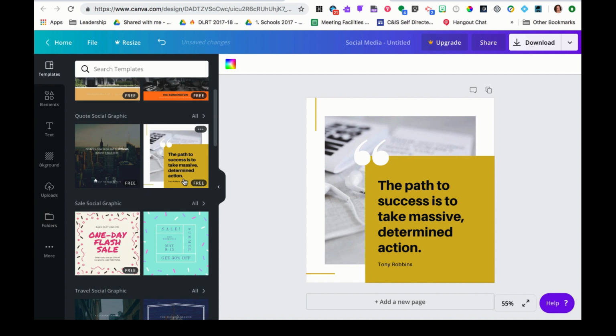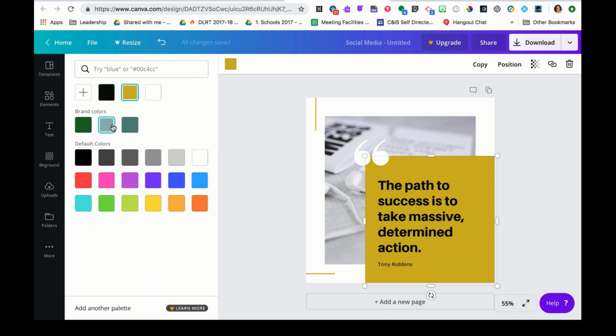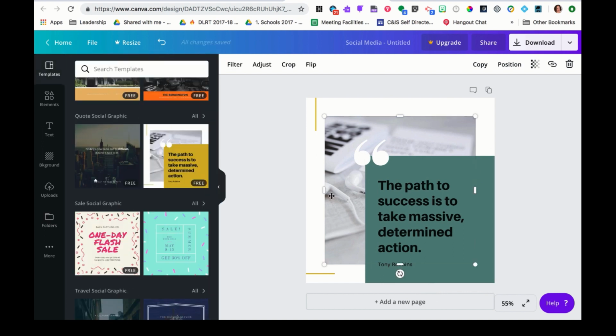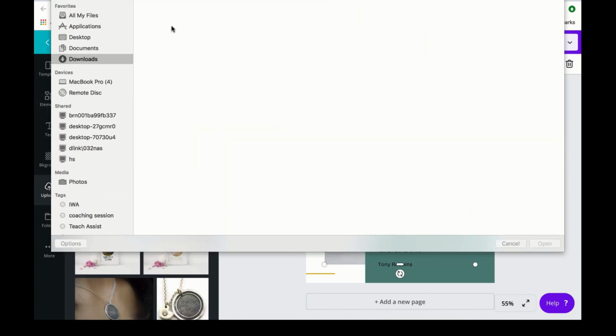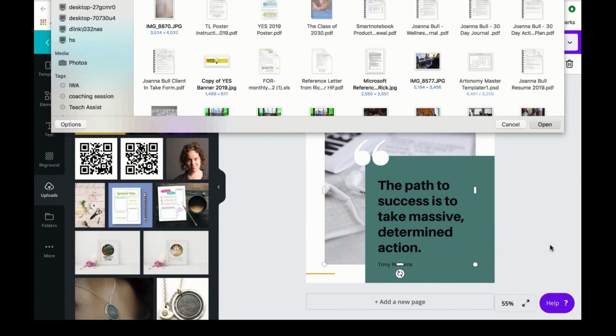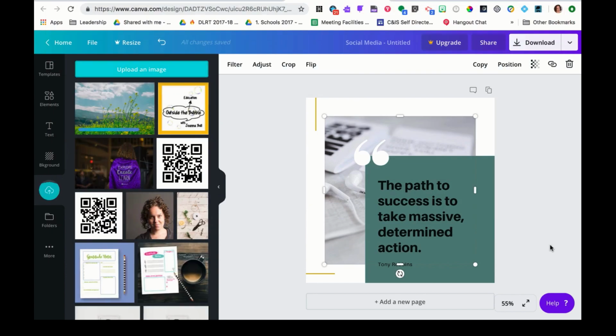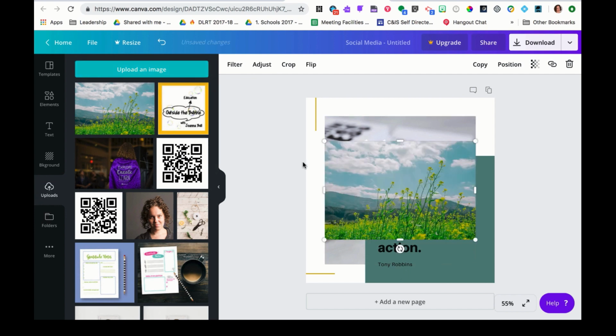I like this one. And we have the brand colors set based on the picture that was previously uploaded. So here are the brand colors that have been set. So I'm just going to change this. And I'm going to upload the picture that was based on these brand colors. It's on my computer, so I'm just going to upload it. And it's going to show up over here in the panel, and then I can just click on it and